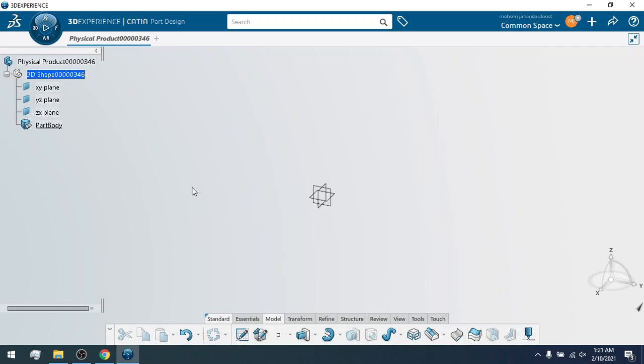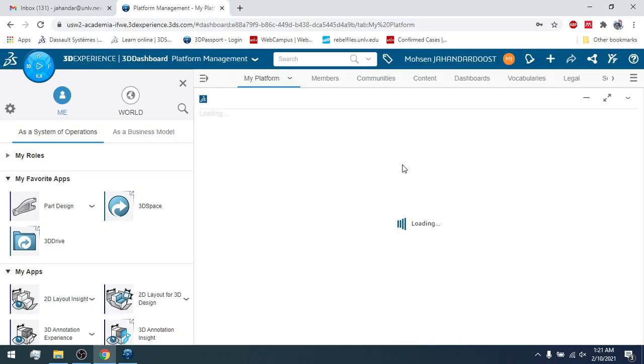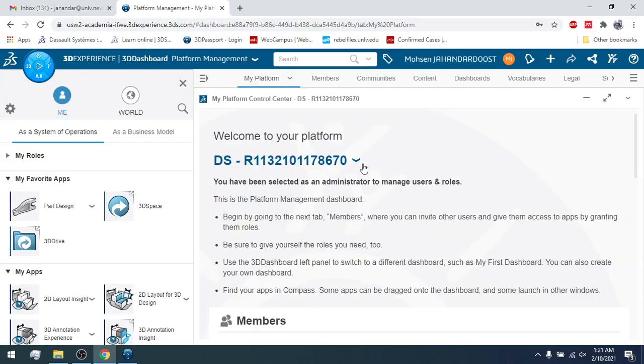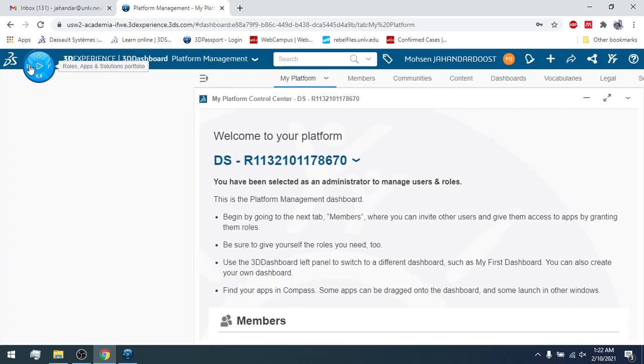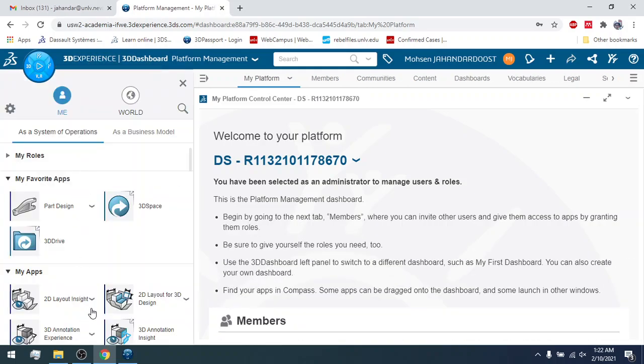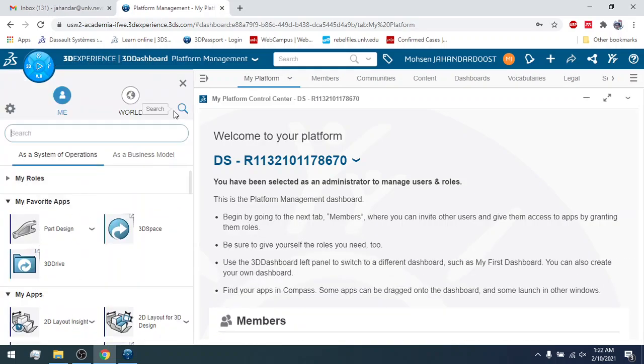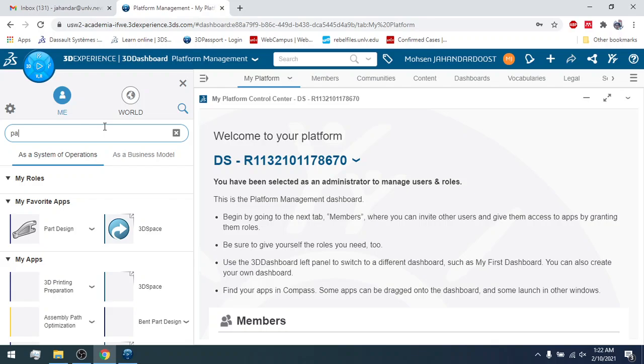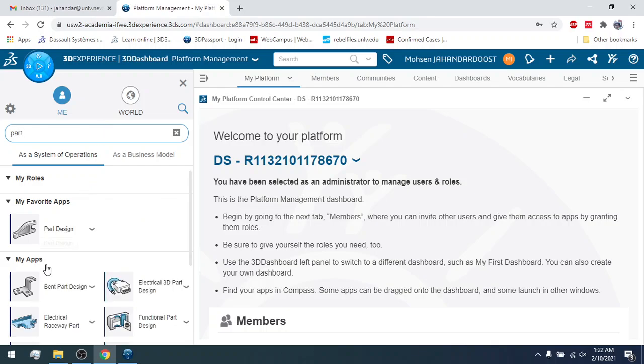Just go over how you can run the software for the first time. You can go to your taskbar and run the 3DExperience. You are logged into your platform, and from the compass, you find the Part Design. You can search that, and it will show you all of the